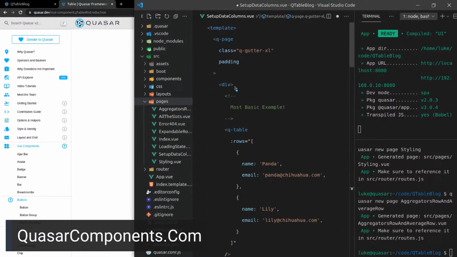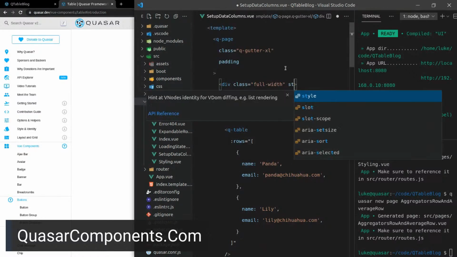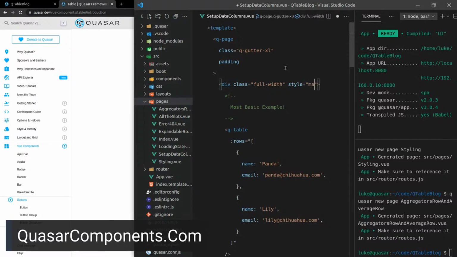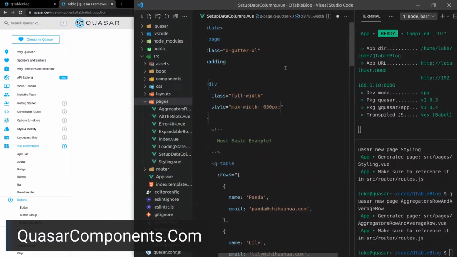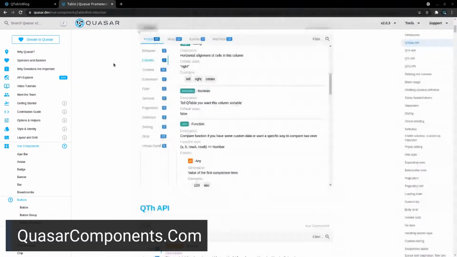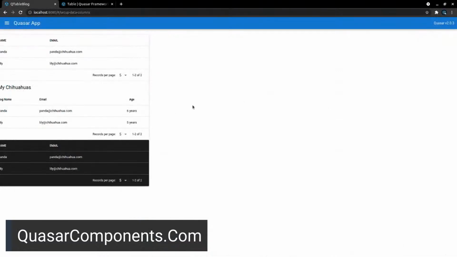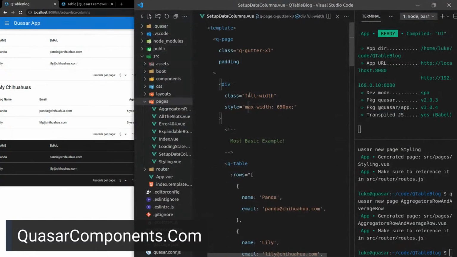So we say here, for example, style is equal to, you know what, I might actually say class is equal to full width, but then we'll say style is equal to maximum width. So the optimal viewing width, that's how I like to think of it in my head, is 650 pixels. When I see the word max width, I think optimal viewing width. There we go. That's good. It just needs to be centered nicely. I don't know what happened there.